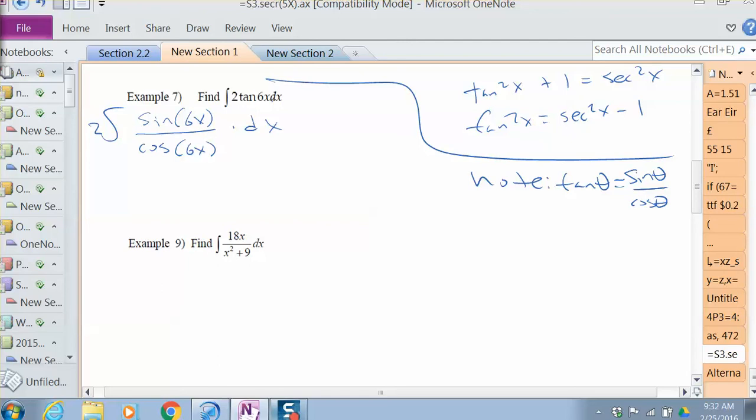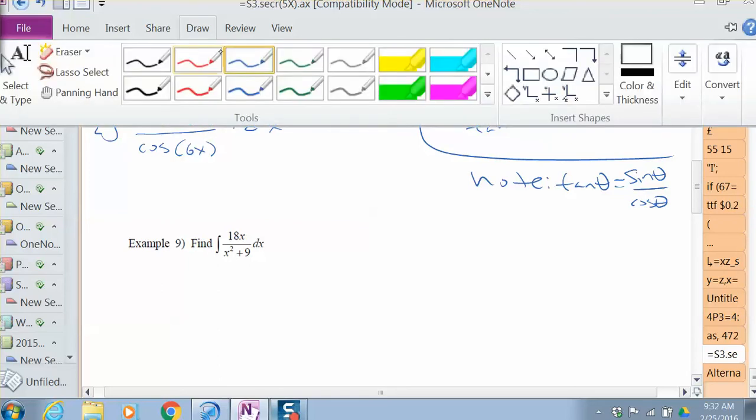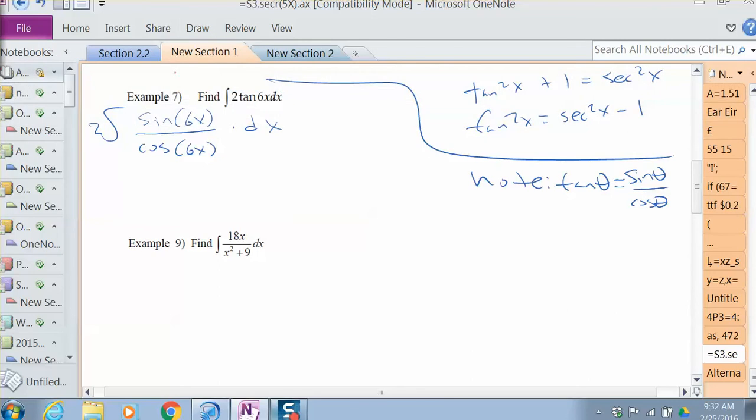I wouldn't let u equal 6. You said let u equal 6x? Yeah. We're going to do more than that. What I'm going to do is let u, and it's not going to be painfully obvious right now, but it will be when you see the solution, and then you'll see a consistency with other problems similar to this. We're going to let u equal cosine 6x. The reason why,